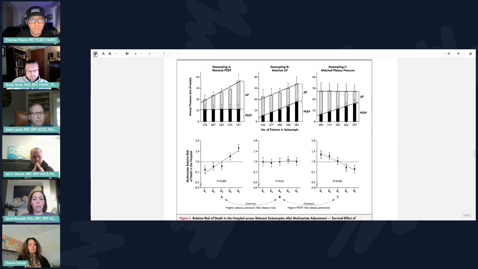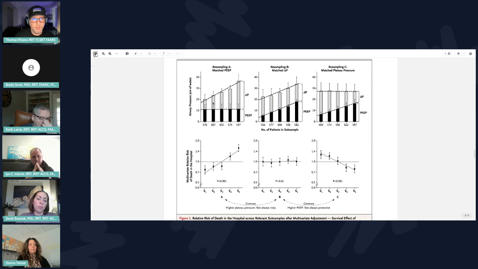But essentially what they did in this paper is they took thousands of patients from a variety of studies, and then they matched patients. On the far left, you have patients that are matched for PEEP. So you have patients that are all on the same level of PEEP, but of course they have different plateau pressures. So they're matched for PEEP, but the plateau pressures are different. And of course, because plateau is different, you end up with a difference in driving pressure, which is plateau minus PEEP. And you can see with those patients here, the higher the plateau pressure, the higher the driving pressure is.